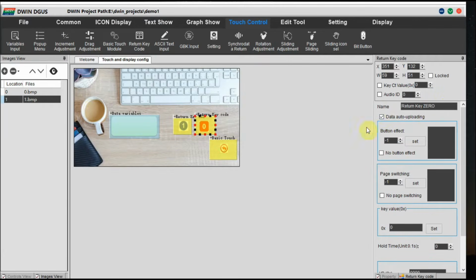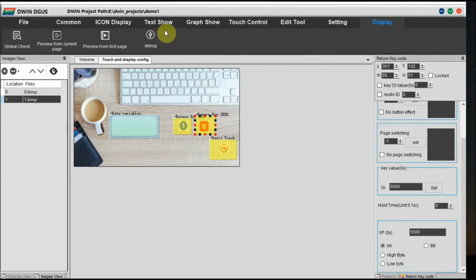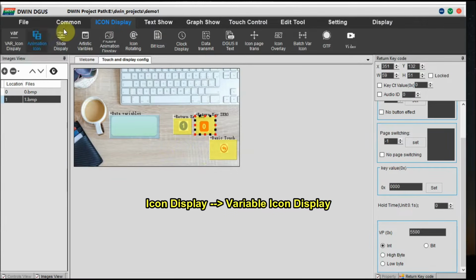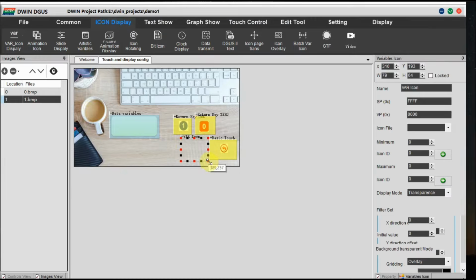Enable data upload, and then return key value 0x0000 and VP address to be same as that for 1, that is 5500. Select INT. And to the bottom of the 1 and 0 you have to display the icons, that is the LED on and off displays. For this, go to icon display, select variable icon display, and then draw a box below the 1 and 0